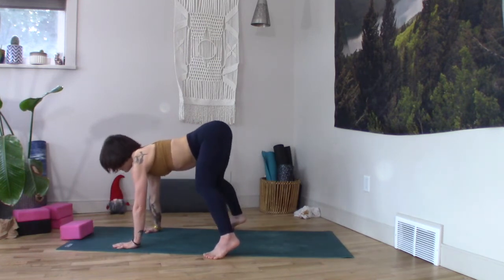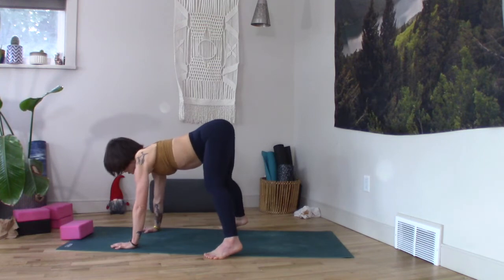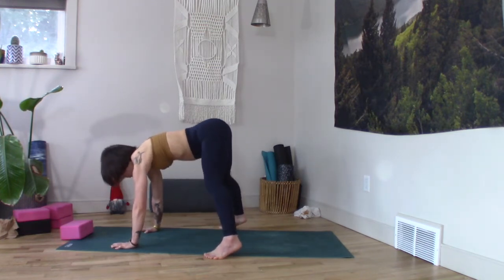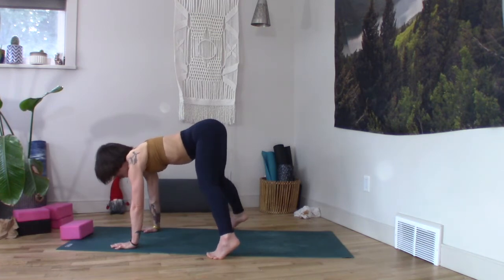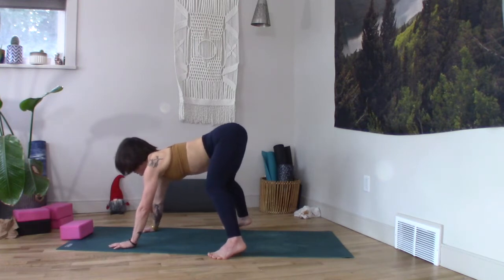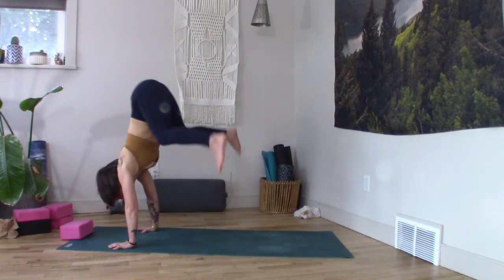Let's take a couple of hops. Pushing so strong with the arms. So no little bends in the knees, like wow, push strong, broaden into the back. Keep the eyes looking ahead of the hands just a little bit. Press the ground as you hop,